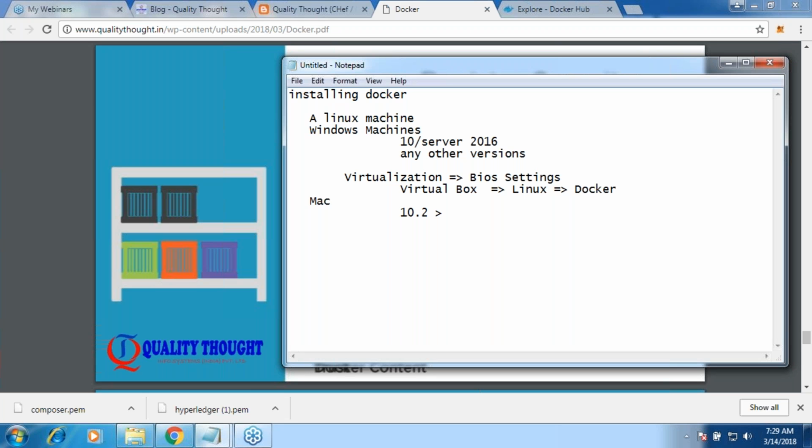Fine. So if it is Windows 10, there is no need for you to worry about it. The only thing which you need to do is you need to be on a Windows 10 Professional Edition. Okay, there you would have Hyper-V, and you have to enable that Hyper-V. Fine. Okay, so let me start with the Linux.